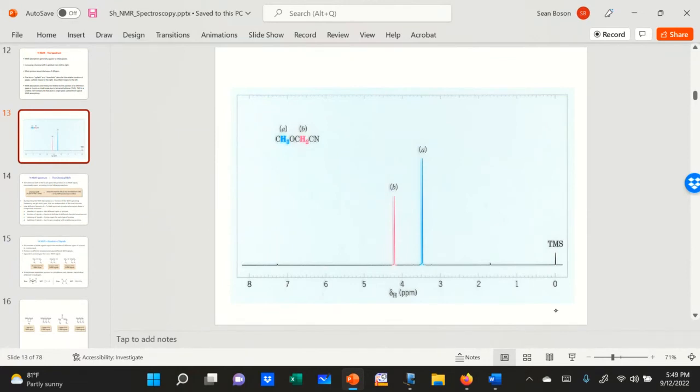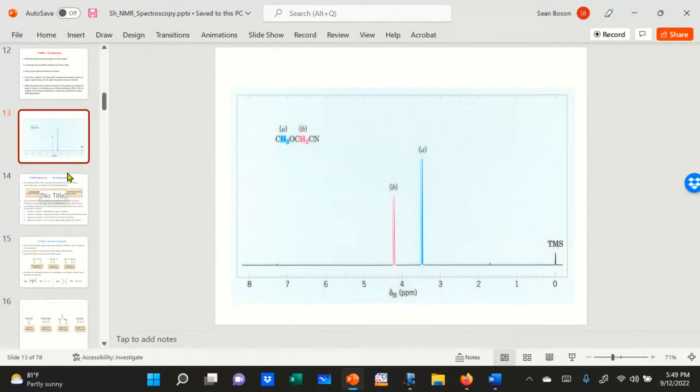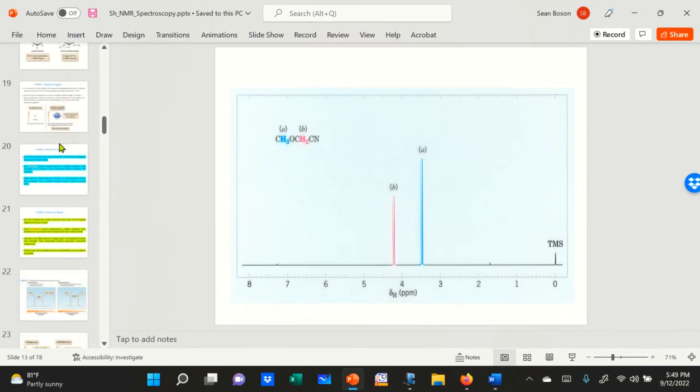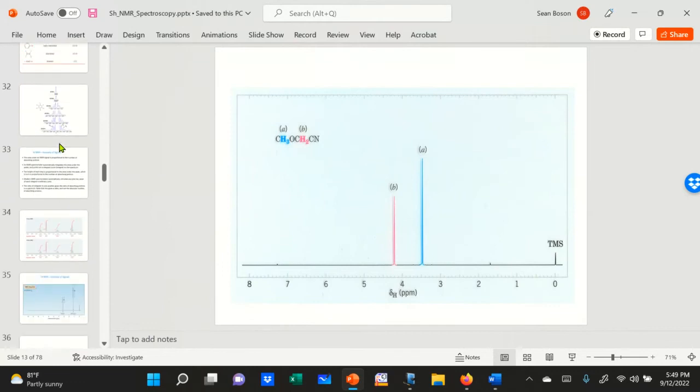So on the very right side of the spectrum, you see 0 on the delta scale. That is for the most shielded proton, TMS. Everything is less shielded than that. Less shielded, we are going to be using the term deshielded. Deshielded, okay? So one that is less shielded than the other, we will also use the term deshielded, just to keep that in mind. So the NMR spectrum is going to be indicating this shielded versus deshielded